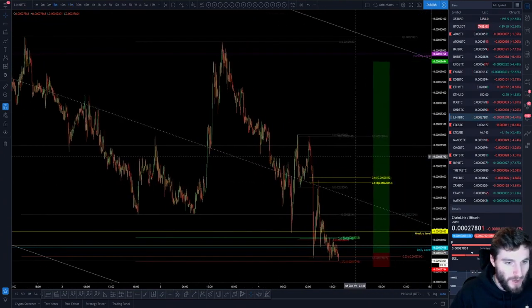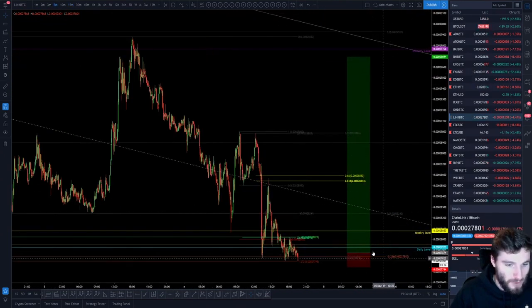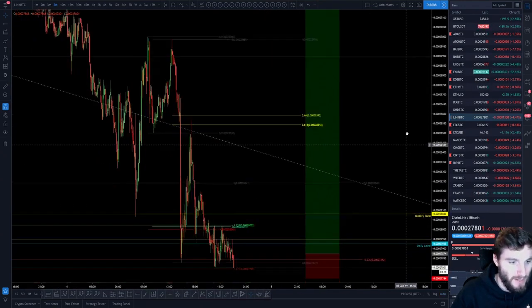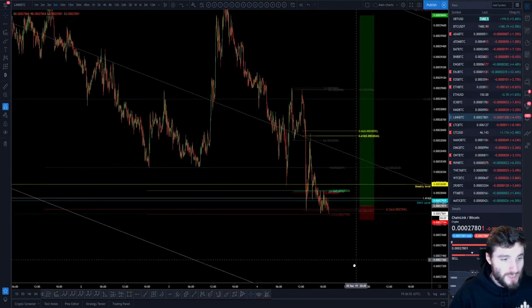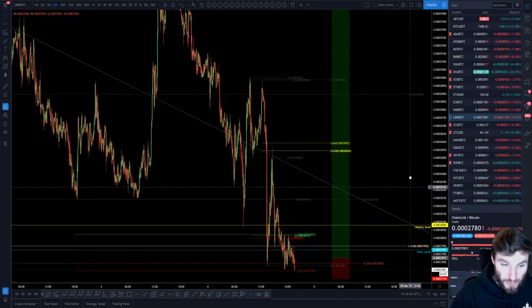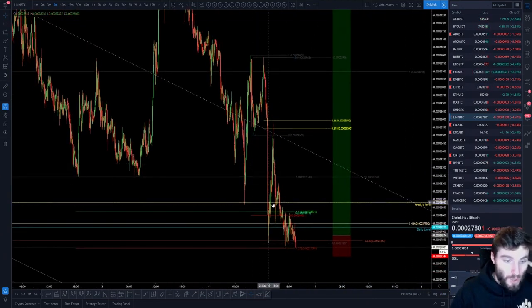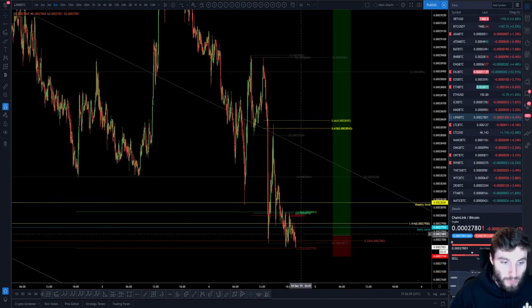So we'll come down onto the 5-minute chart. So what do we have here? As you can see, I've got this list of confluences down here. So let's zoom in a little bit. First of all, I had 2 ladder orders on this. One was on the weekly, one was down around the 1-to-1 extension.